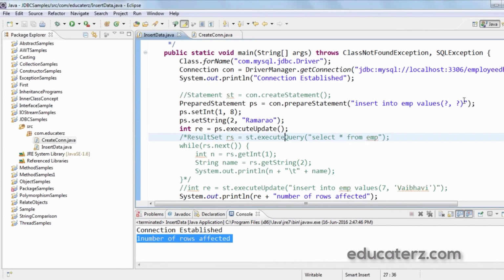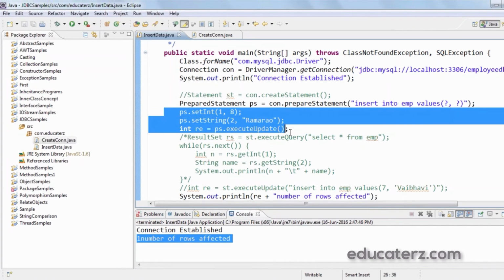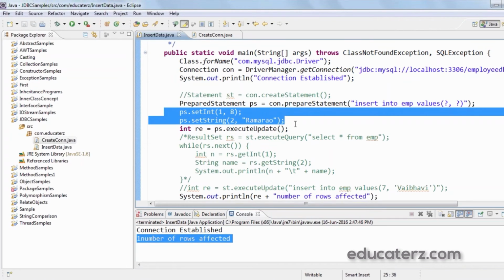Now the point here is, I have inserted only one row. That is, I have used the insert query only once. If I want to use the same query with different values, only then do we need to go for a prepared statement object. So how do we use a prepared statement with different values?